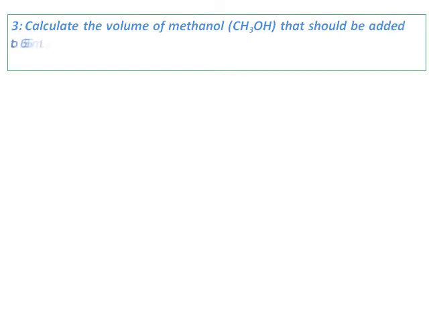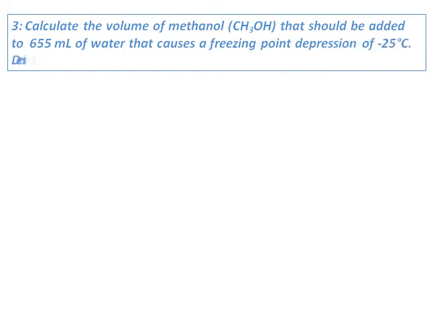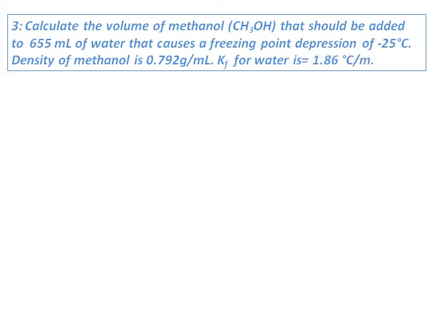We will do one more question on freezing point depression. The question is, calculate the volume of methanol that should be added to 655 milliliters of water that causes a freezing point depression of negative 25 degrees Celsius. Density of methanol and the Kf of water are given. So again, we have one formula that is the freezing point depression formula. We will use the same thing, and the first thing we will do will be to calculate the molality